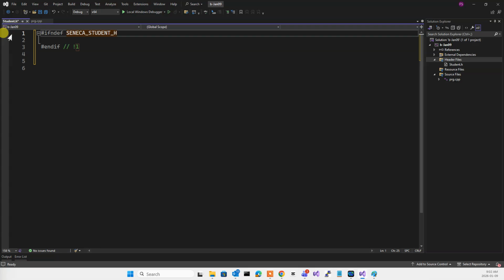That's a rule. There is no compile error if you write something else. But that is the rule we are following at Seneca College. It's a policy you have to follow. First, you write this. Then, do not repeat typing it. Copy and paste it, because if you have a typo in this statement that you have written, your program won't work properly. So copy that